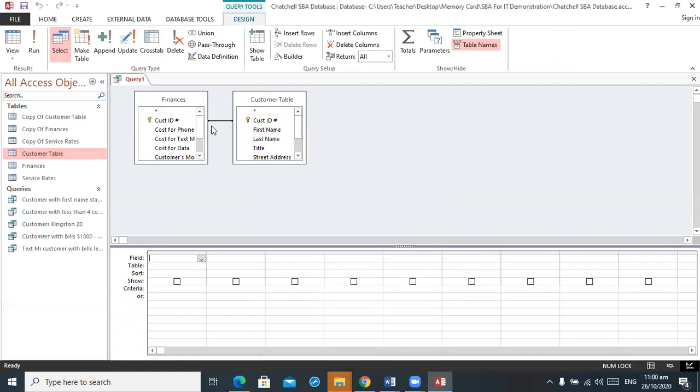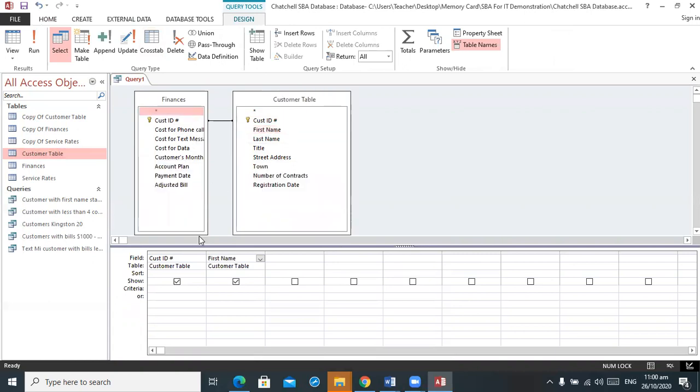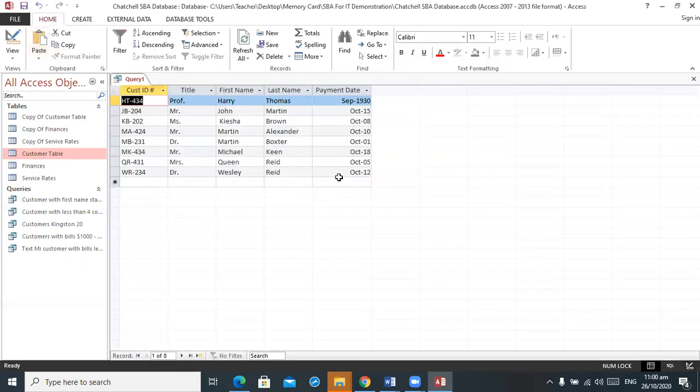I want to find out who are the customers. I'm going to open these columns. Who are the customers who pay bills between October